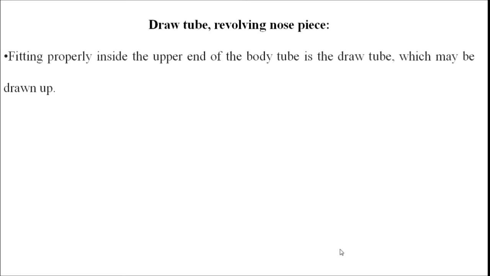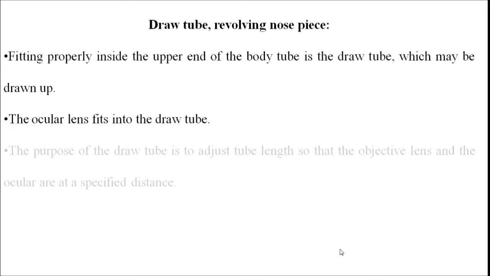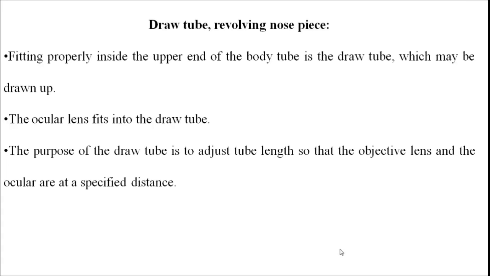Next one is the draw tube, then the revolving nose piece. The draw tube is fit inside the upper end of the body tube, and at one end it is attached to the ocular lenses. What is the purpose of this draw tube? It is to adjust the tube length so that the specified distance will be maintained between the objective lens and the